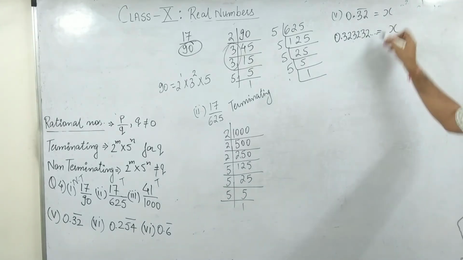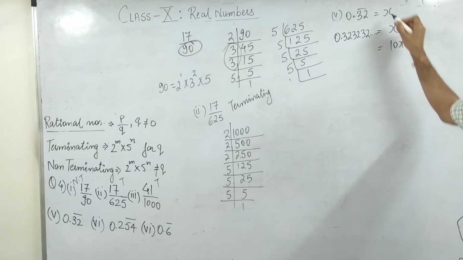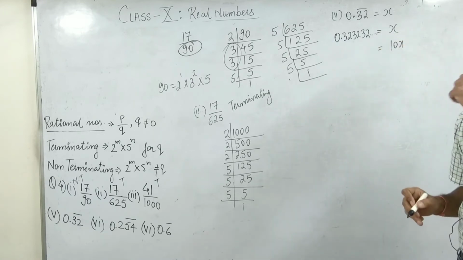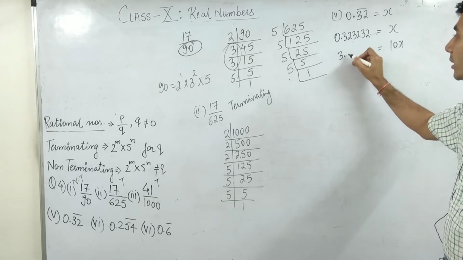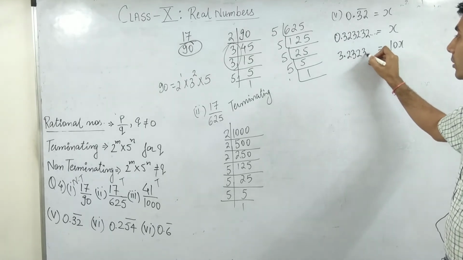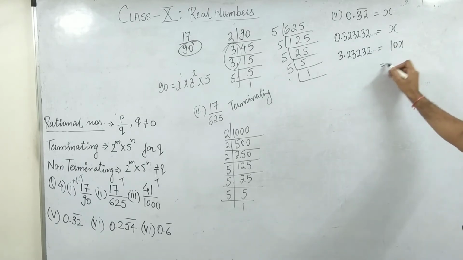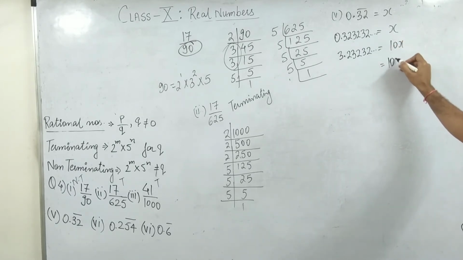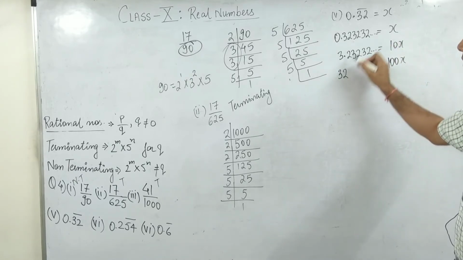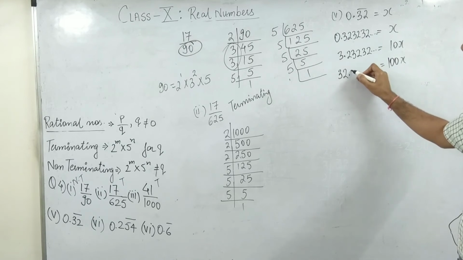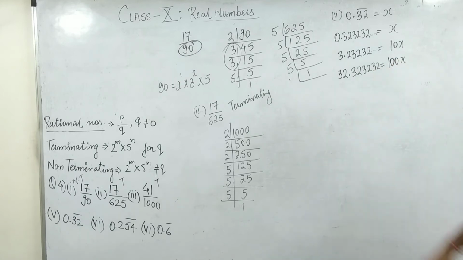Correct? Now let's multiply by 10. If I am multiplying this number by 10, I need to multiply both sides by 10. So this is going to be 10x, and this becomes 3.23232... like this. Then I do one more, 100x. Why am I doing this? You will just come to know. So this will become 32.3232...